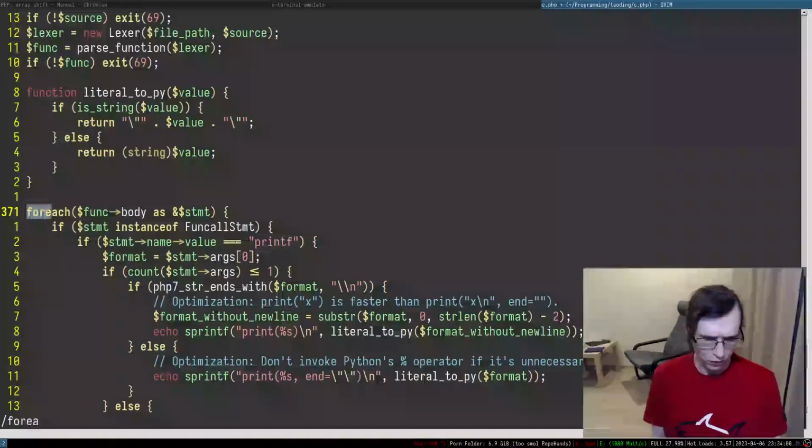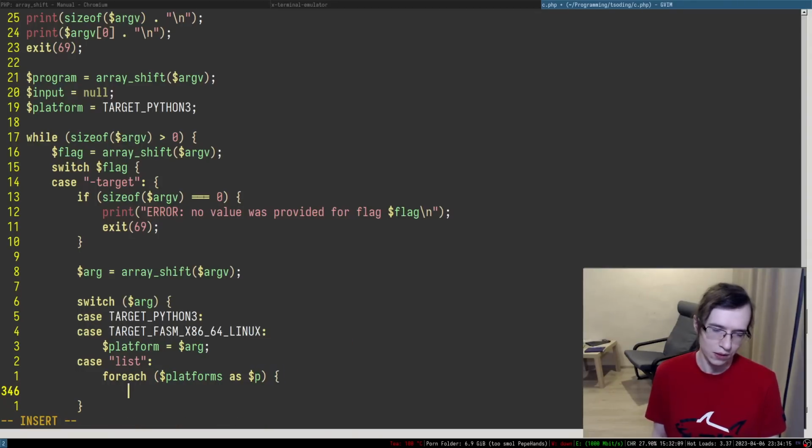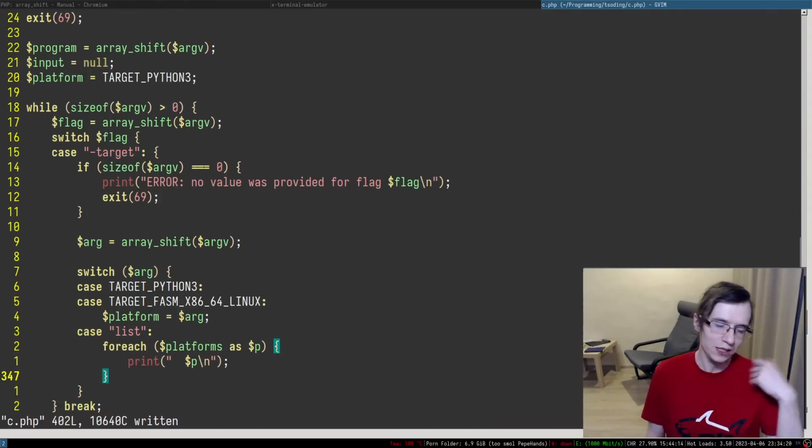And how do you even use for each? I don't remember. Yeah, this is how we do that. You say platforms as, so I could probably use platform, but it's already taken, so let's call it P. And then here we can say something like p, and we'll also have to put a new line in here. Having all the available platforms as an array is rather convenient.